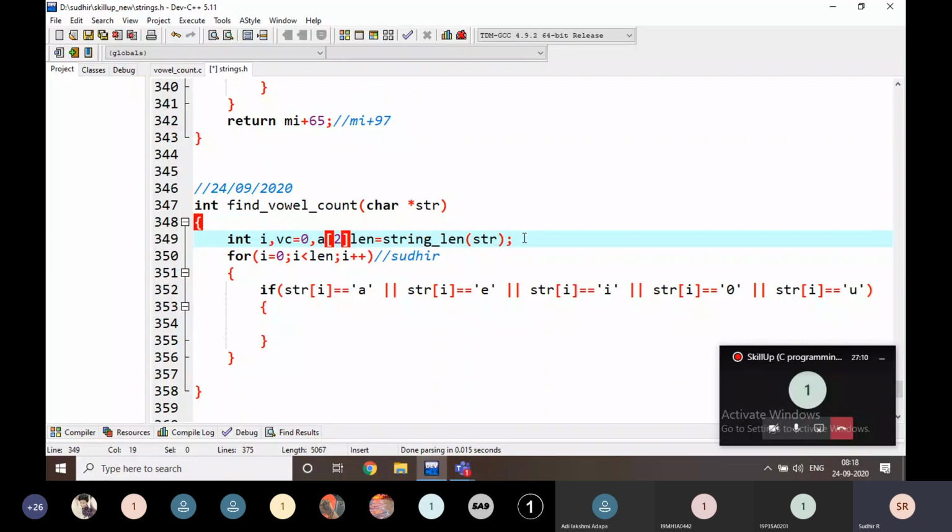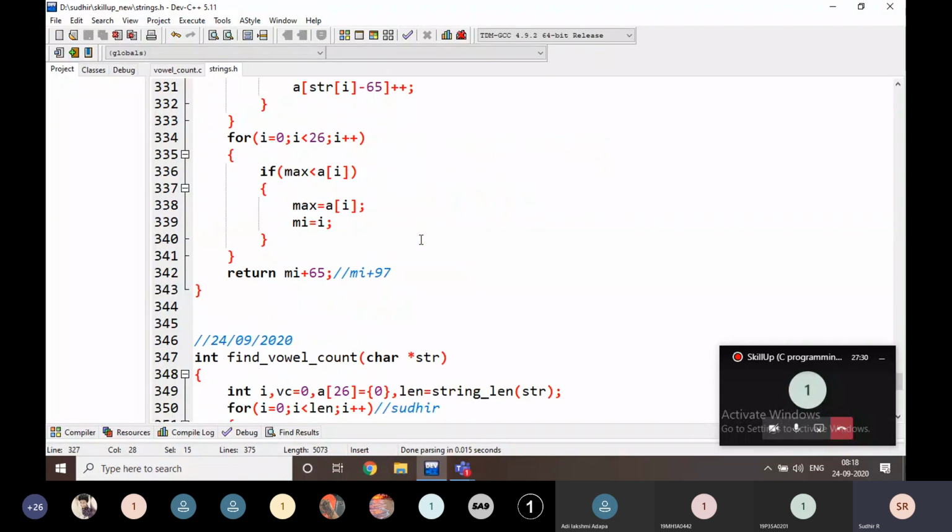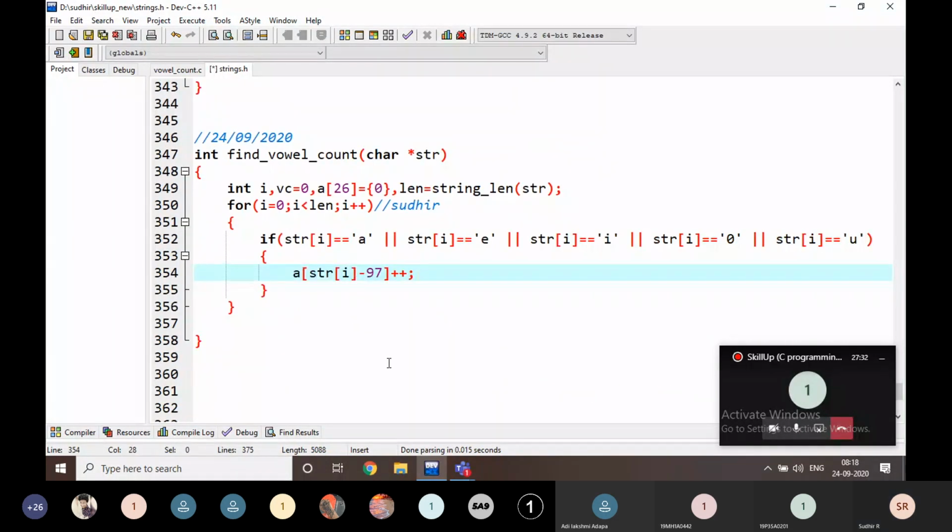A of 26 is equal to 0. I'm going to write like this, and if it is a vowel, I'm going to do this one. It is a vowel.